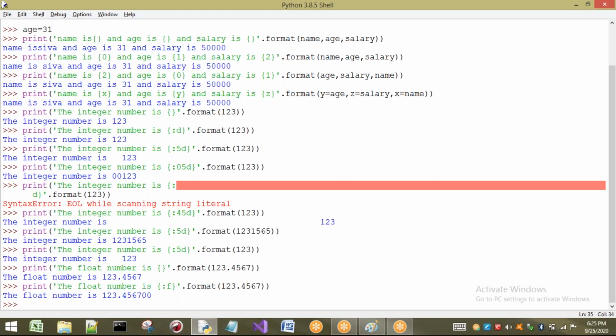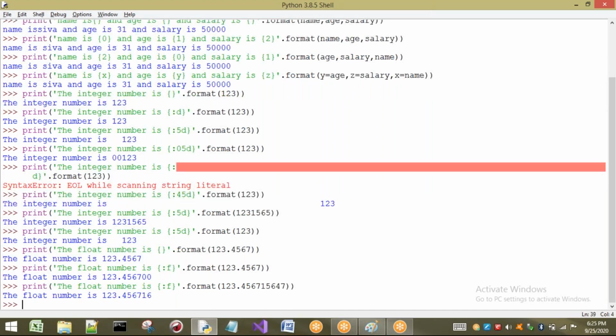If I write more than that, see here, I will show you that. If I write more than that, for example, what happens? By default, it is 6. It will take only 6. If you write n number of values also, it will take only 6 after the decimal point by default. Now let us consider, it's okay. Now I will take 8.3 for example. This indicates what?